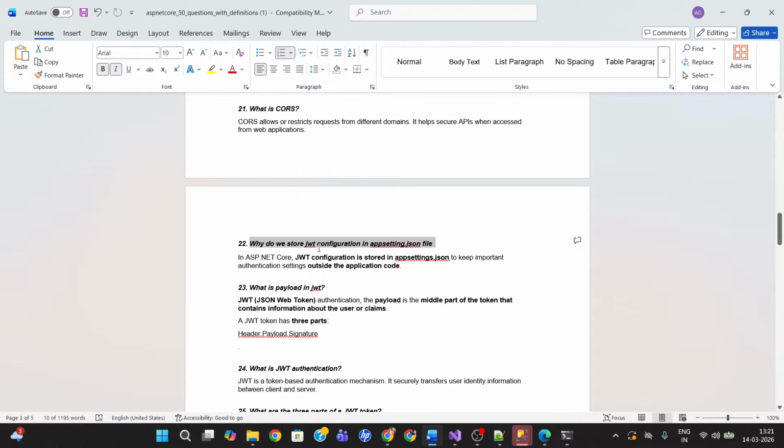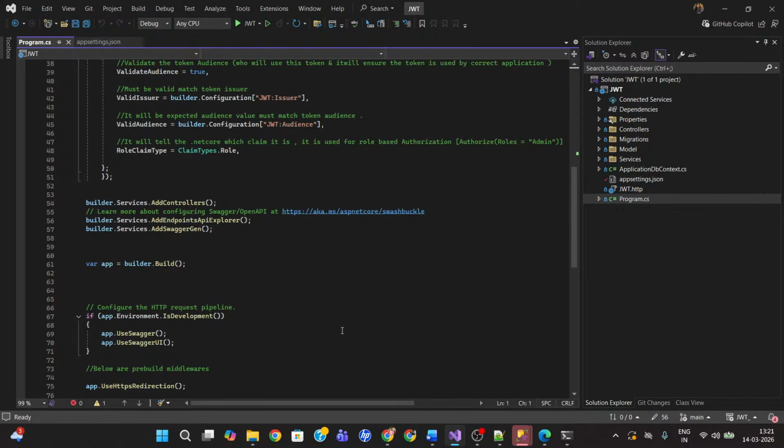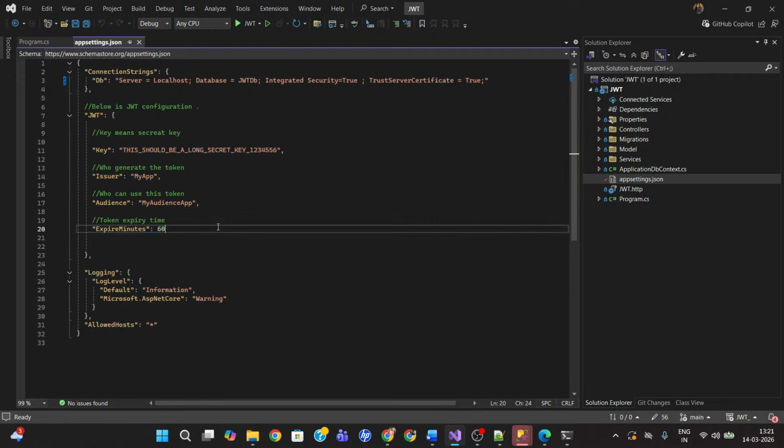Why do we store JWT configuration in the appsettings.json file? I can show you here. For example, this is our appsettings.json file, and here we can write this configuration. First we can make this section JWT, because here we can write all the JWT configuration. First we can add the key. So how much? This key is 32 bytes